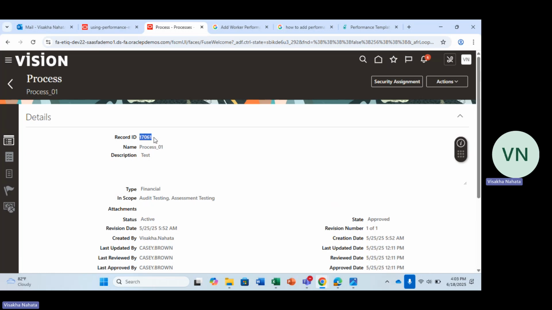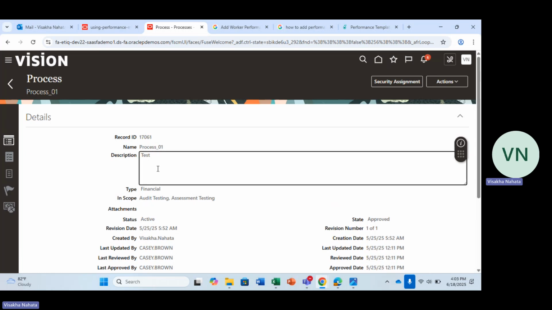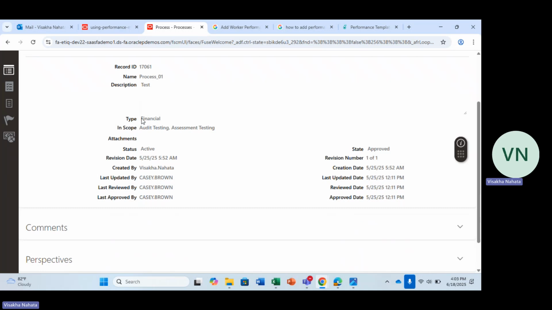This is the automatically generated record ID. We can see the type is financial. We can see in scope audit test and assessment testing. Now if we do not check the tick box for these two particular options, the process will not be available for batch assessments.